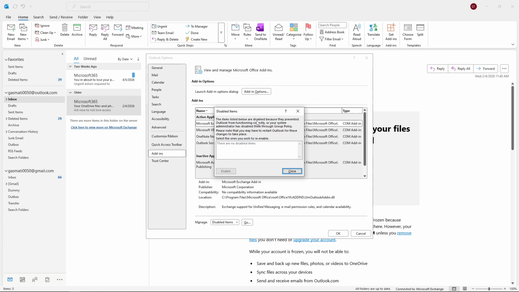Take a moment to review the list and identify which add-ins you'd like to reactivate. Simply highlight all the add-ins from the list that you want to enable and click on Enable. Once you've done that, the add-ins will be reactivated and should start working the next time you restart Outlook. And that's it. You've successfully enabled your inactive Microsoft Outlook add-ins and restored their